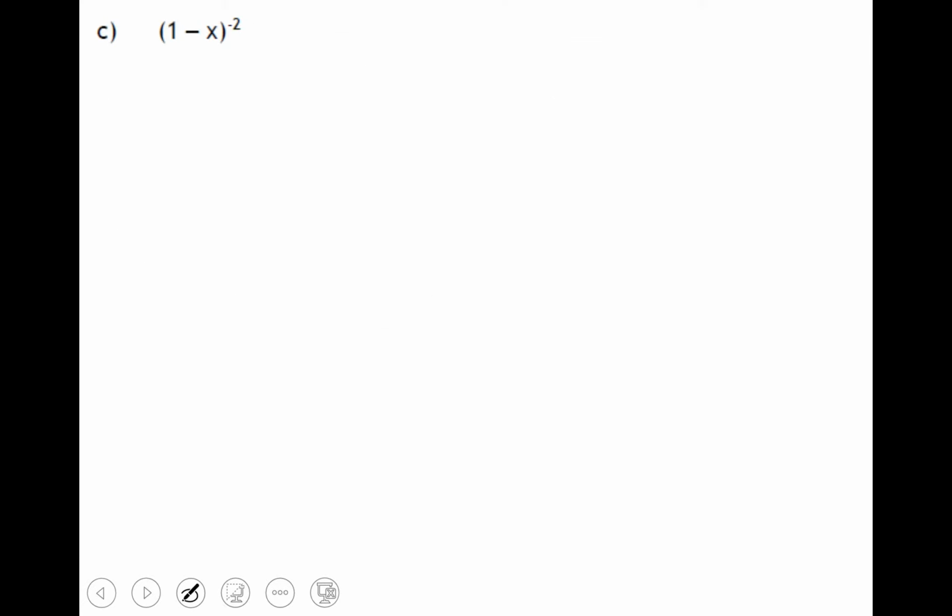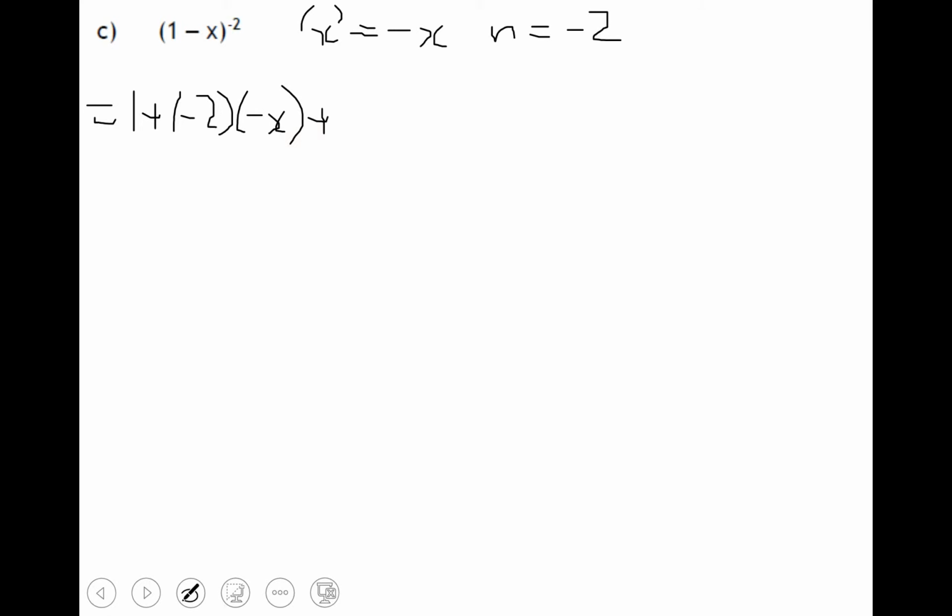And in this case, 1 minus x to the minus 2, our x, again in inverted commas, is actually minus x. Our n this time is minus 2. So sticking to the formula, 1 plus nx, 1 plus minus 2 times minus x, plus minus 2 times 1 less, minus 2 times minus 3, over 2 factorial